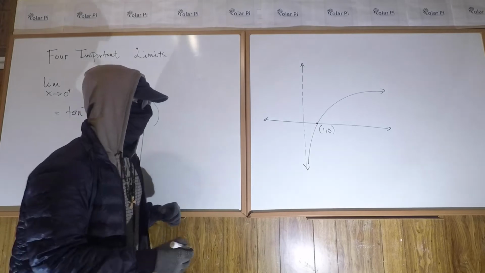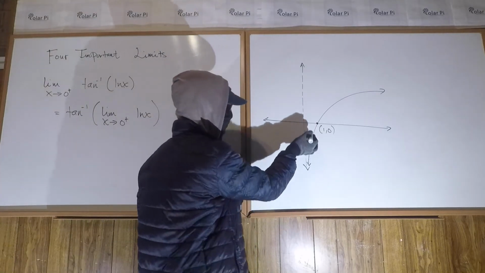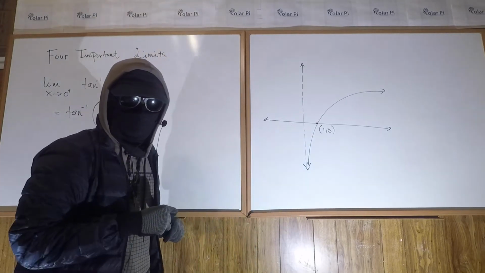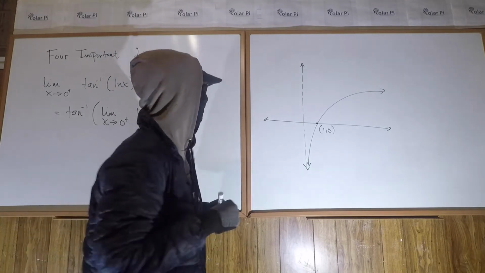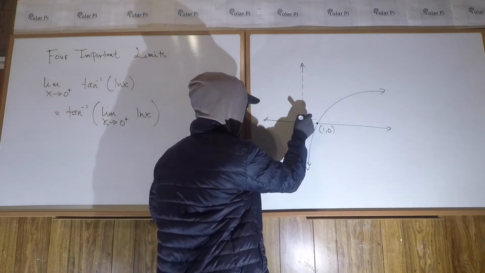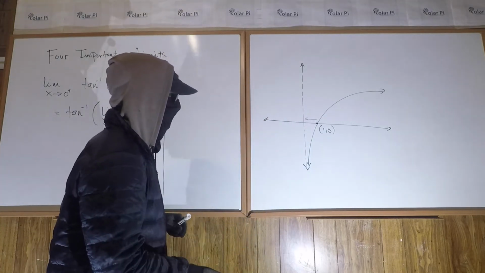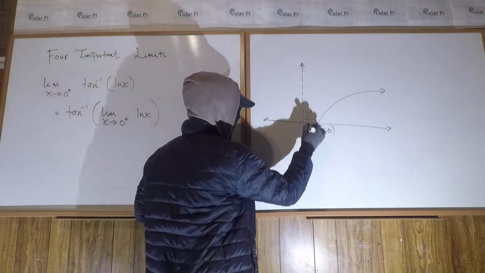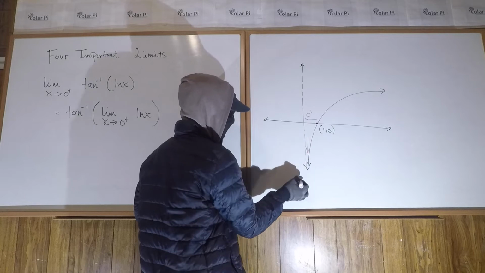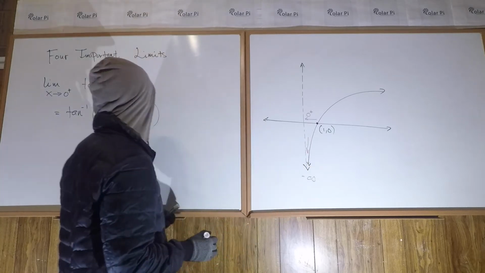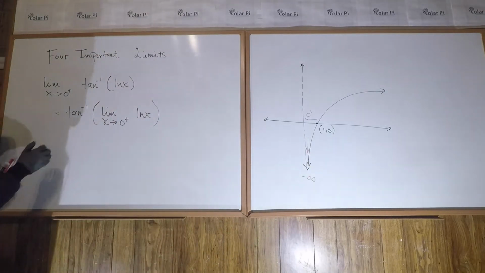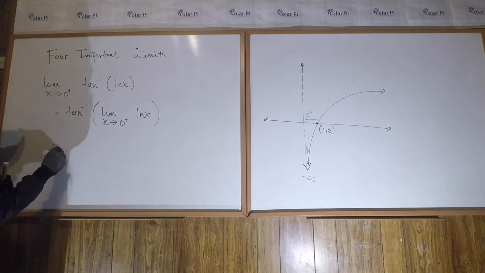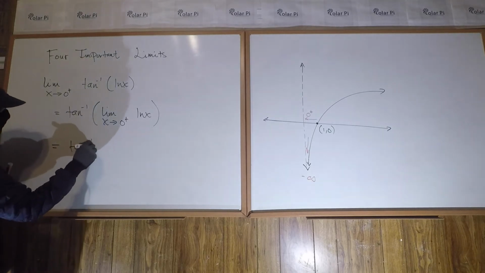I really only care about what's happening as we go to 0 from the right. Going to 0 from the right means you're going towards the left. As you can see, as we go to 0 from the right, the natural log function is going down to negative infinity. So in theory, we can say that this is equal to tan inverse of